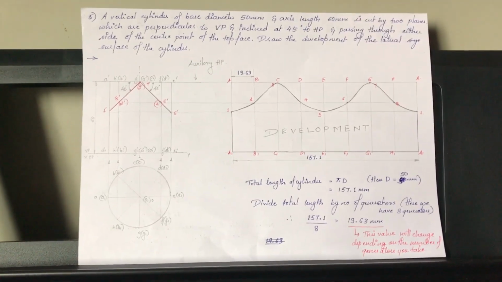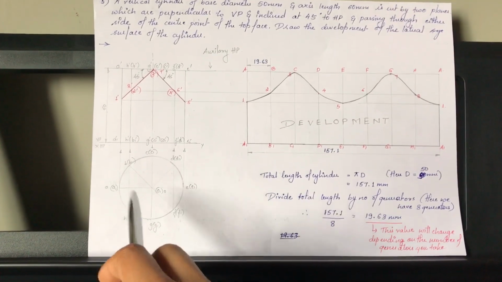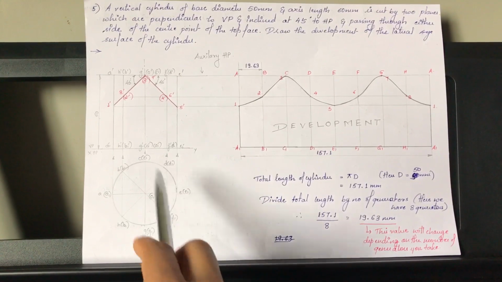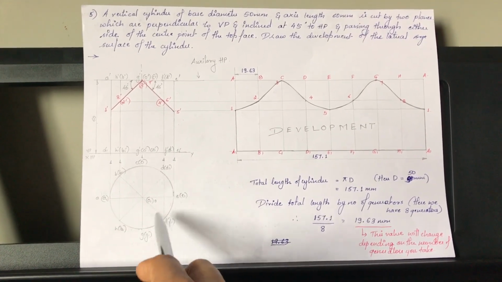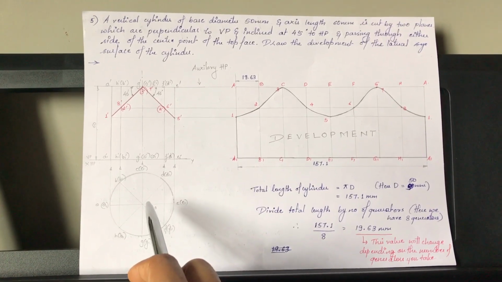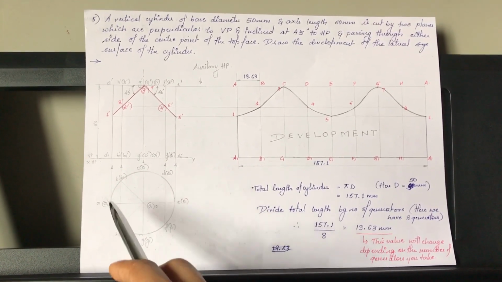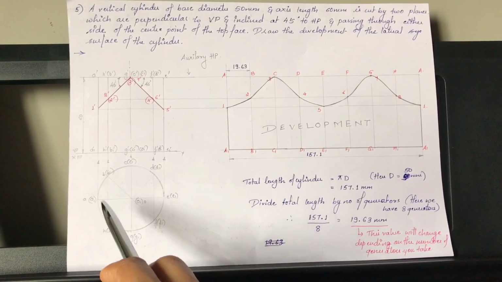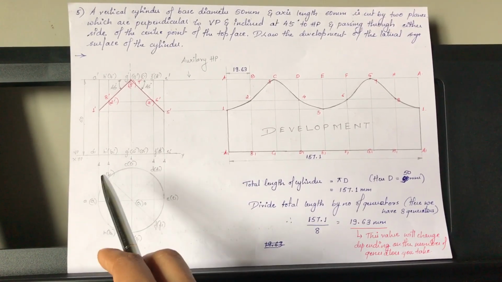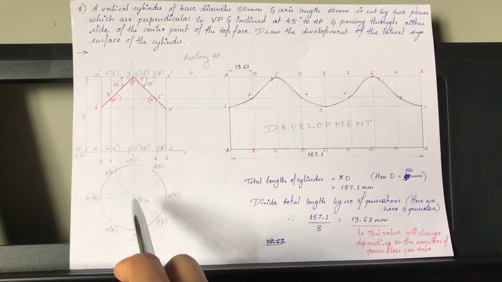So, to proceed with, first let us draw the top face, the top view of the cylinder. That is a cylinder having a diameter of 50 mm. This has the center, 25 mm as the radius. You complete this top view of the cylinder first and mark A1, BB1 and so on with the center.